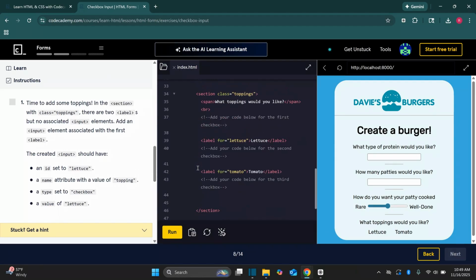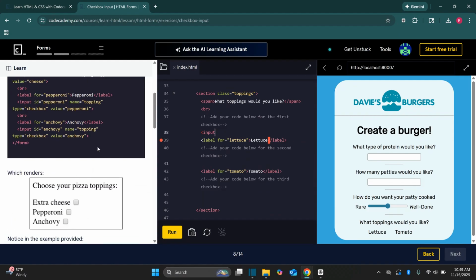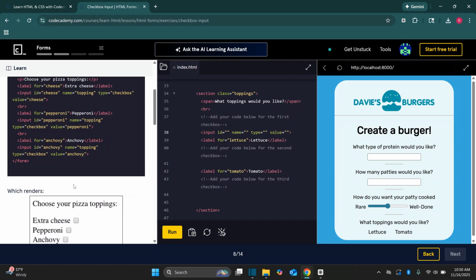The selection. In this section with class equals toppings, there are two labels but no associated input elements. Add an input with the first label. Input, ID equals, name equals, type equals, value equals, and